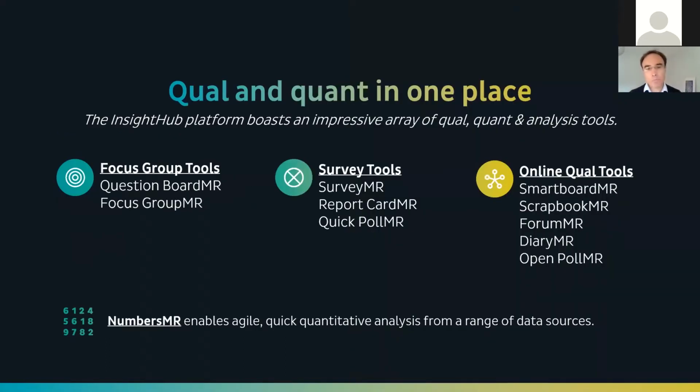InsightHub is one platform that does many, many things, which is why it can be configured in many different ways and makes it a lot easier to use. In some senses, it is a one platform solution that gives you lots of things out of the box. Focus groups we'll spend some time talking about today. There are two types of focus group tool. Question board MR, which is what a lot of people would call small communities or bulletin boards. And again, there's quite a lot of platforms, and I'm sure you've seen demos from them, so I won't spend too much time on those today.